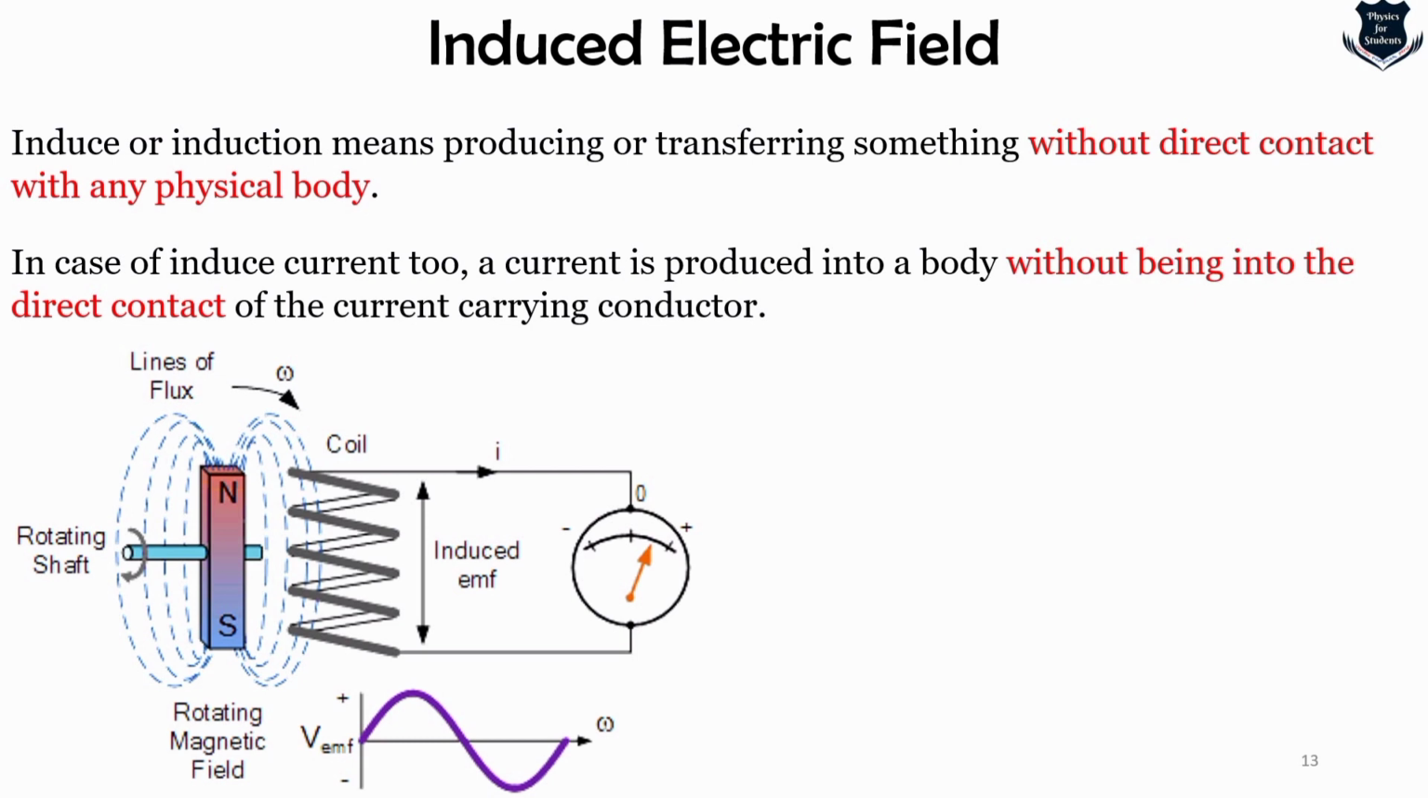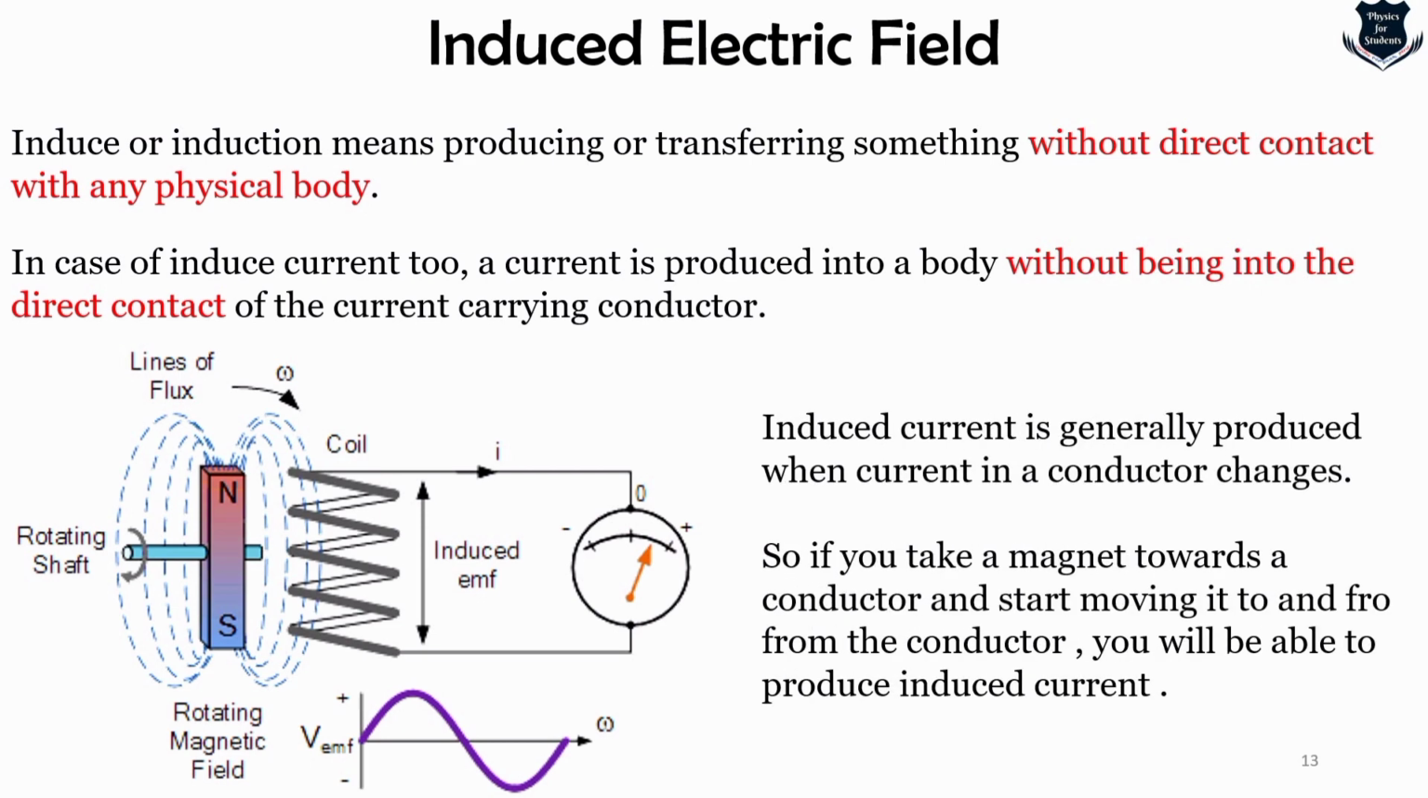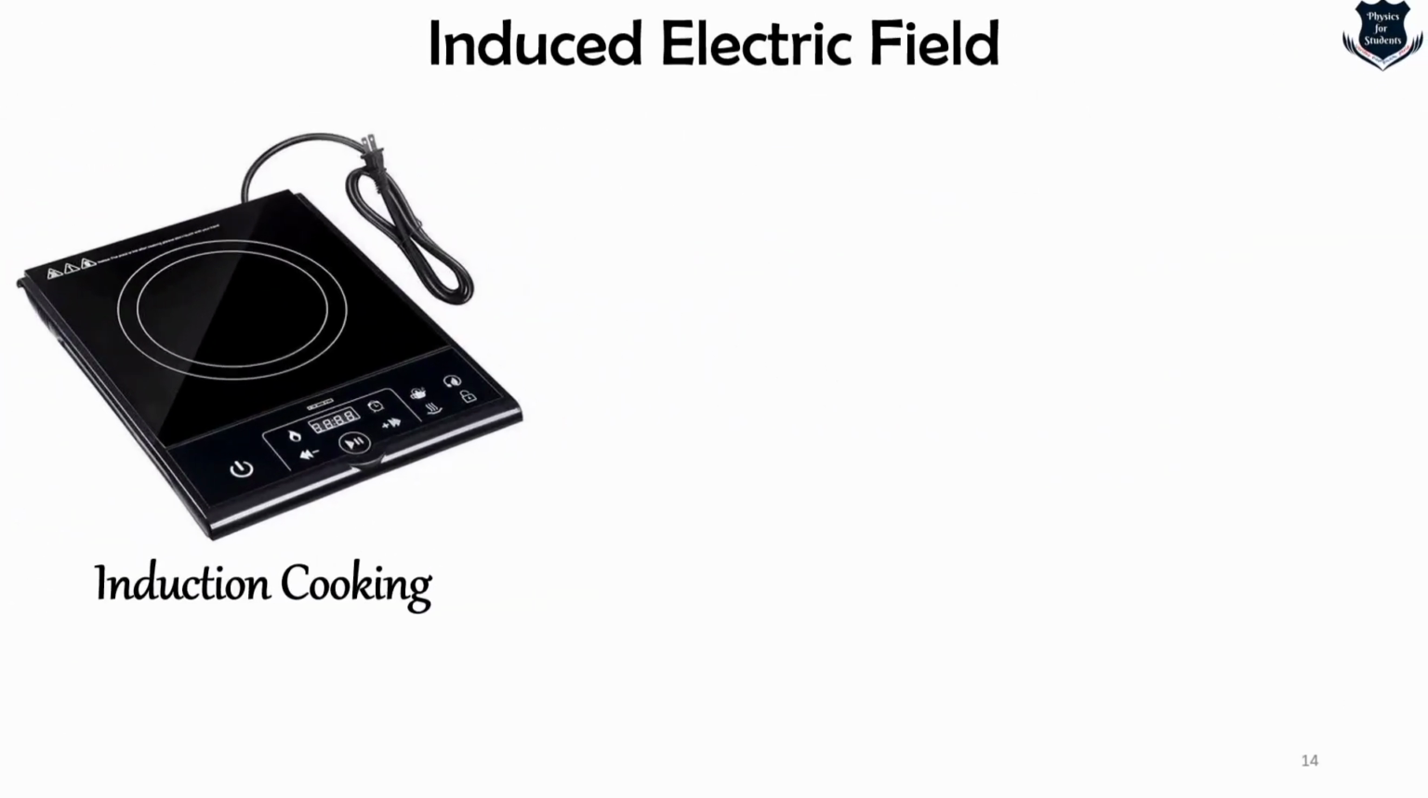So this is important, written in red: without being in direct contact with the current carrying conductor. So induced current is generally produced when current in a conductor changes. If you take a magnet and you start moving it to and fro from the conductor, you will be able to produce induced current. This is just to let you know what an induced electric field actually is and what it means. From here we look into a very daily application, what is called induction cooking,